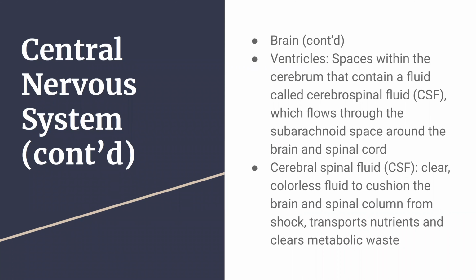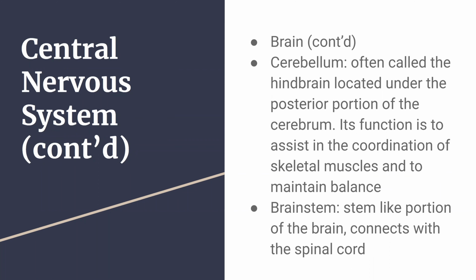Now, the ventricles are also spaces within the cerebrum that contain a fluid called the cerebrospinal fluid, or CSF. And that flows through the subarachnoid space around the brain and the spinal cord. The cerebrospinal fluid, or CSF, is very clear. It's colorless. It's a fluid that cushions the brain and the spinal column from shock, and it also transports nutrients and clears metabolic waste. The cerebellum, which is often called the hindbrain, is located under the posterior portion of the